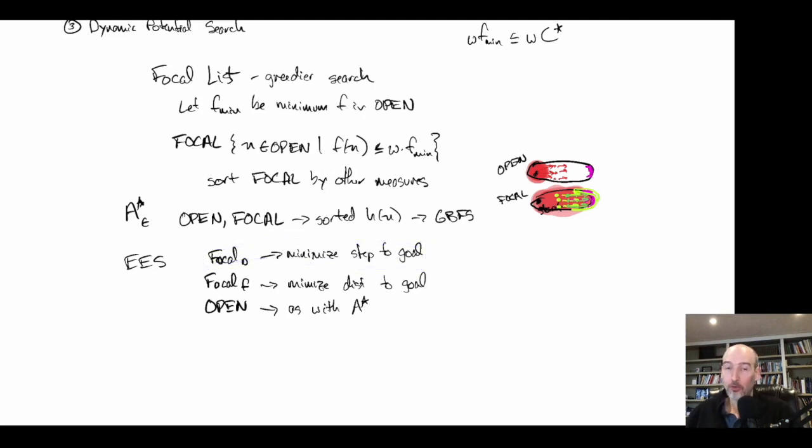But in domains where we don't have unit edge costs, then this is something like some sort of heuristic that's modified to be a unit cost. So for instance, in grid pathfinding, where we might have diagonal edges and cardinal edges, we might do diagonal edges times the square root of 2 plus cardinal edges times 1. We could also treat our diagonal edges as having cost 1 instead of square root of 2. And so that would give us an estimate of the number of steps that we have to go to the